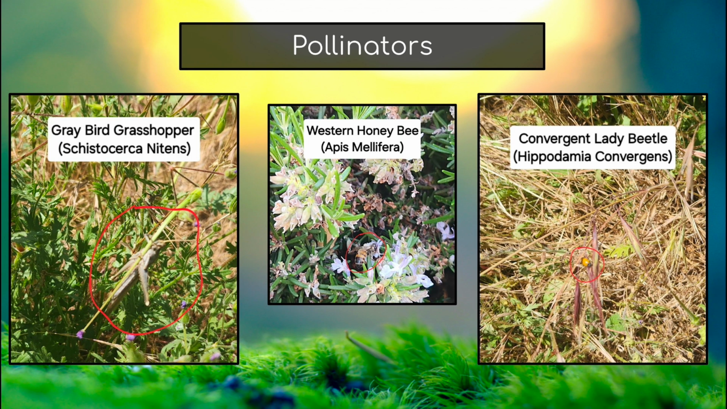Finally, we arrive at the last group, the pollinators. Here I've identified the graybird grasshopper, the western honeybee, and the convergent lady beetle. These species specialize in plant reproduction and therefore they benefit the entire ecosystem. They are locked in a mutualistic relationship with the plants, as they exchange services for rewards, and they both benefit